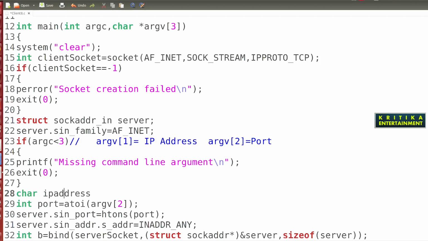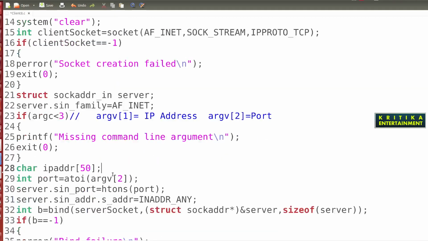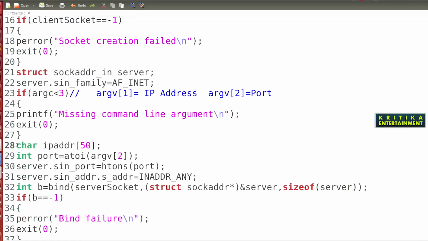Here I'll take a pointer, char *ip_address. I think it is difficult to know the pointer concept, so I have made it easy. This is the char IP address.